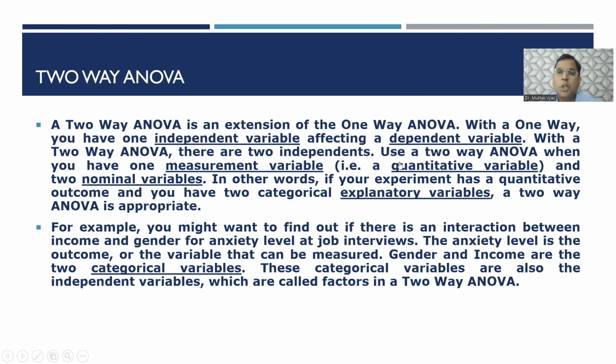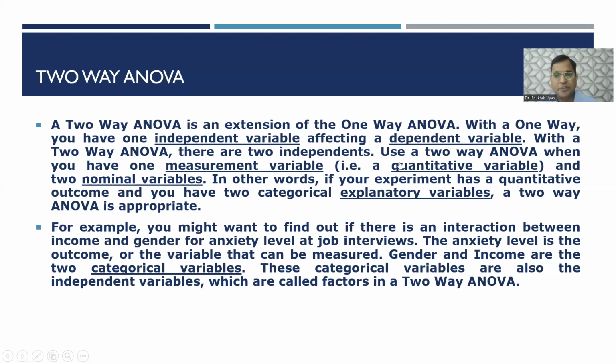Now, two-way ANOVA. A two-way ANOVA is an extension of the one-way ANOVA. With a one-way, you have one independent variable affecting a dependent variable. With a two-way ANOVA, there are two independent variables. Use a two-way ANOVA when you have one measurement variable, that is a quantitative variable, and two nominal variables. In other words, if your experiment has a quantitative outcome and you have two categorical explanatory variables, a two-way ANOVA